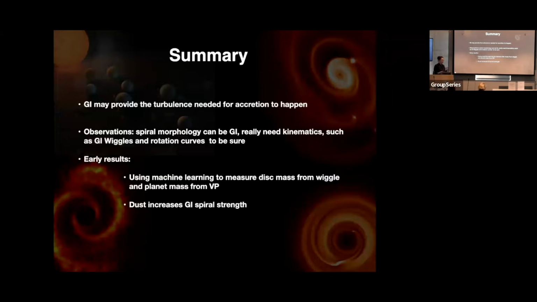I'd really like to chat to people about this, so if anyone's interested, please come and give me your ideas, because I've been a little stumped by it. And also, most of the habitable zone might not actually be habitable. Okay, thank you.